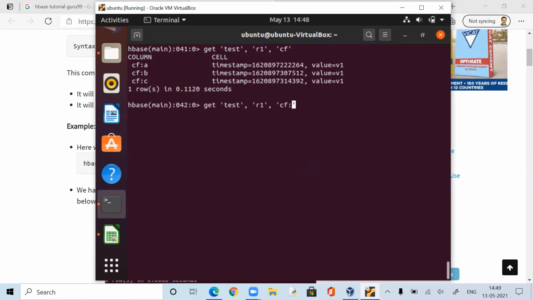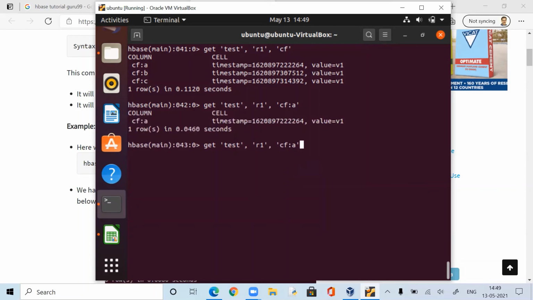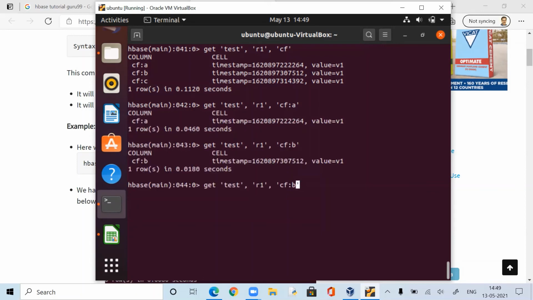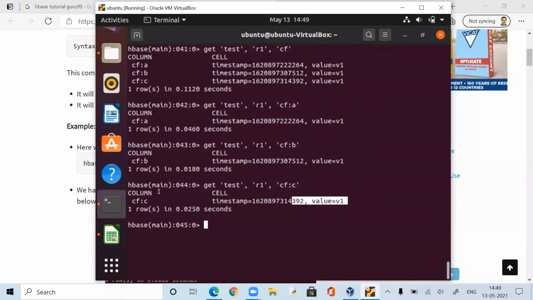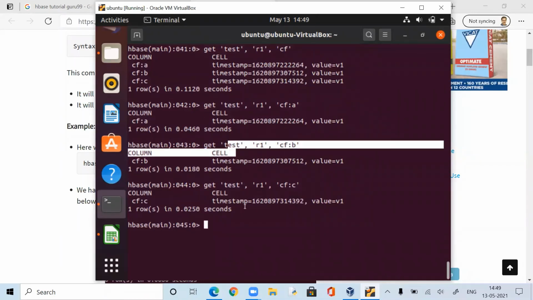Maybe I don't think I'll get A here. Let's try. Yeah, I'm also getting a CFA. That is also positive. CFB. Okay. That's what else, a beautiful tool. To me, actually, if I want to write a software application for cloud storage, what else do I need? This is enough. I can do miracles with the help of HBase.